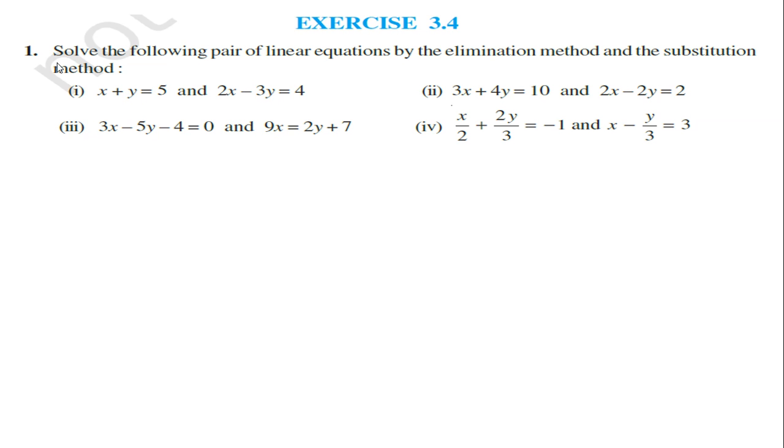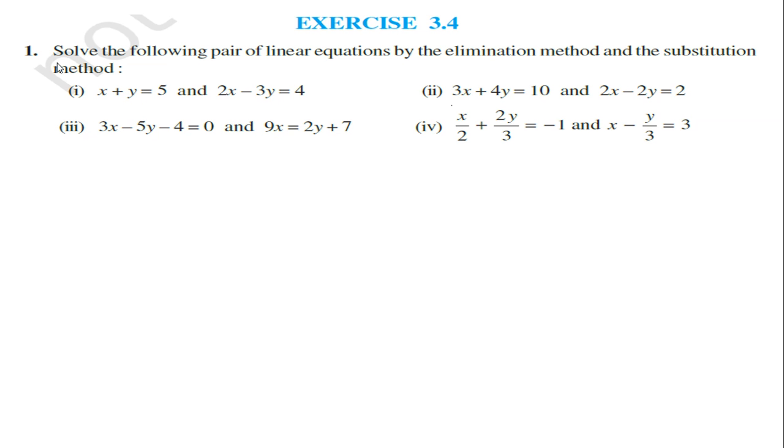Again let me tell you, you are fortunate that the cross multiplication method, 3.5, is totally removed. So now here we have to use the elimination method, and the first question is so easy that I will not solve it in this recording. Also, let me tell you, that is already uploaded from when we took the regular class during lockdown. So you can check those videos if you want to see.